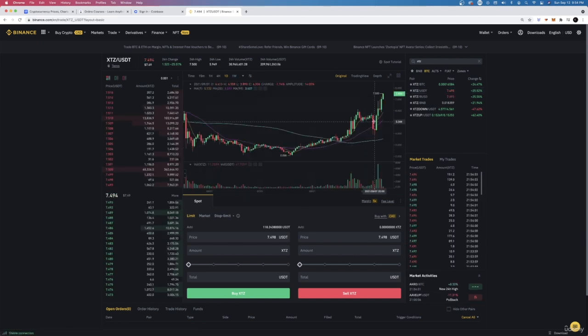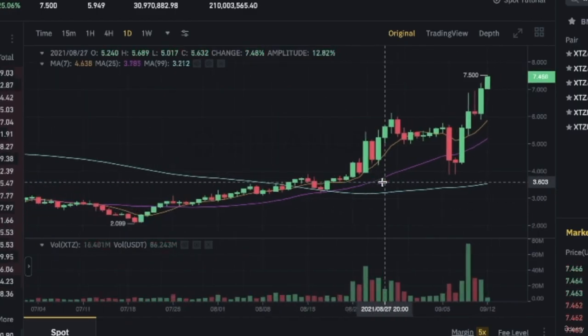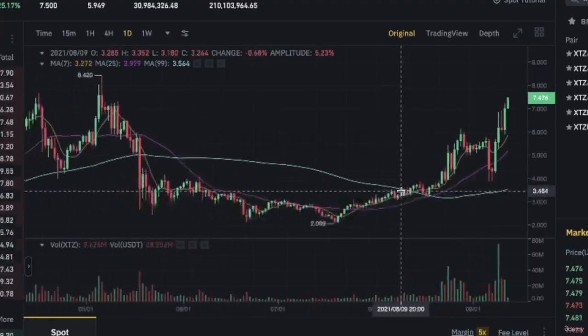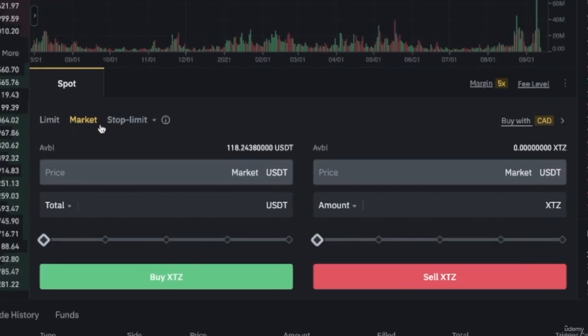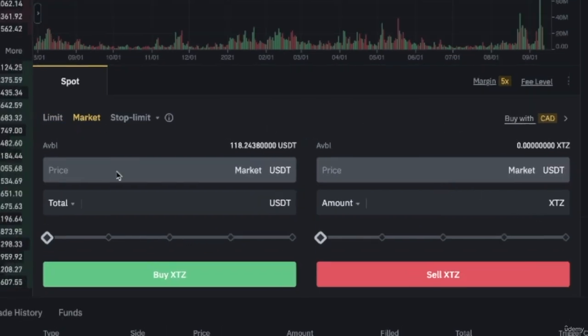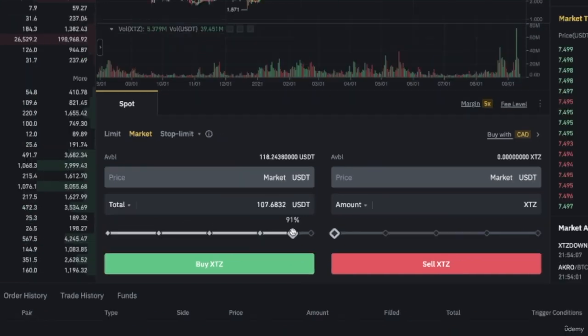I think it's an undervalued coin. So I bought it about here, and the coin's been running. It's been doing well. I'm bullish on it long term. I'm going at this at a long-term approach. So again, the market, we're going to buy it at the market price, buy XTZ. So now we're on the left side. We are going to buy as much as we can. So we have $118,